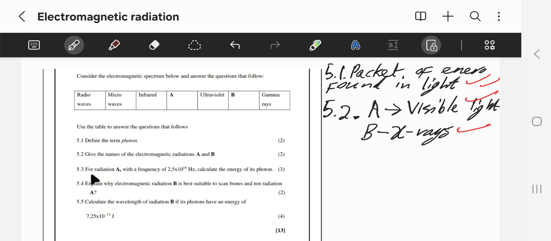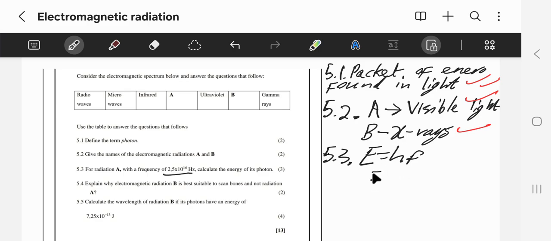Now let's go to 5.3. It says for radiation A with a frequency of 2,5 times 10 to the power of 16 hertz, calculate the energy of its photon. And remember, guys, if we are given frequency, we use the formula E is equal to hf, because we know the value of the frequency, and we also know the value of the Planck's constant, which is h. So this is the formula that we'll use because we have been given frequency, and then our E is what we want in this case,